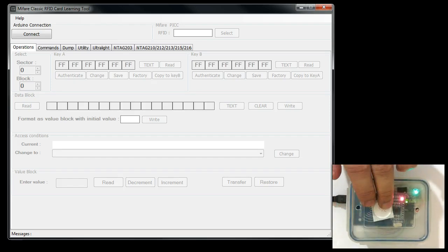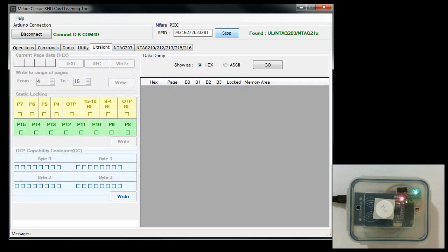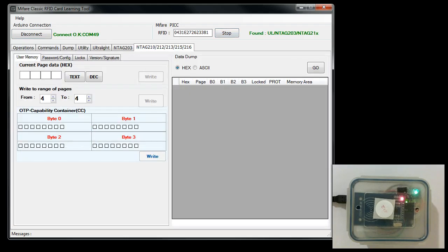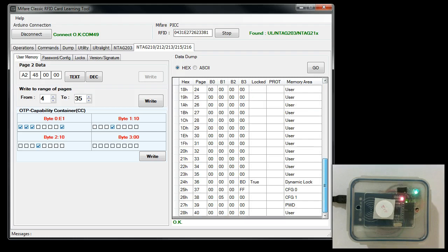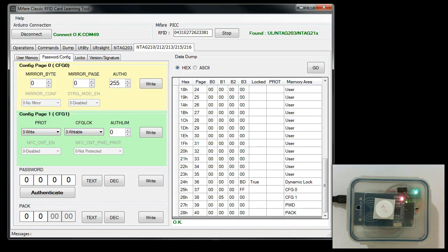So NTAG 212, what I have here is a tiny sticker. So I'm going to connect and click on select. So go to the last tab and click on go. So as you can see here, NTAG 212 has got 41 pages altogether, and because this is a new card, you can see that the static locking bits are zeros, and everywhere you get some default values. So if you click on the password and configuration, which is exactly the same as NTAG 210,